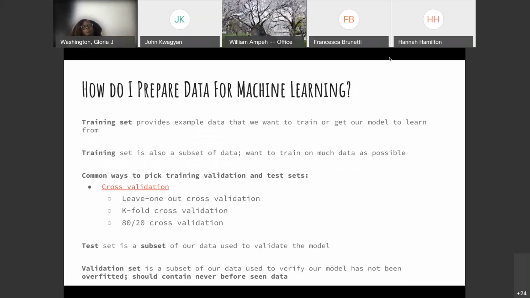Okay, so how do I prepare data for machine learning? This gets into the training set, test set, and validation set. It is very important when you are doing this pre-processing, before you even start to do machine learning or anything related with neural networks, that you must divide your data into a training set, a test set, and a validation set. So the training set provides example data that we want to train or get our model to learn